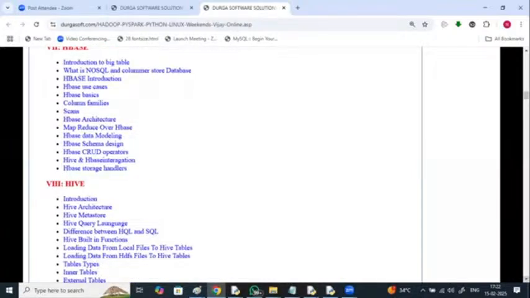So we'll be discussing what is Hive, Hive query language, SQL and HQL, loading local files to Hive tables, loading data from HDFS to Hive tables, internal tables, external tables, XML data, JSON data, URL and weblog data. Yes, inserting into HDFS, Hive UDF, partition tables, non-partitioned, multi-column partitioning, dynamic partitioning, performance tuning mechanism, bucketing in Hive, indexing in Hive, Hive examples, Hive and HBase integrations, right?